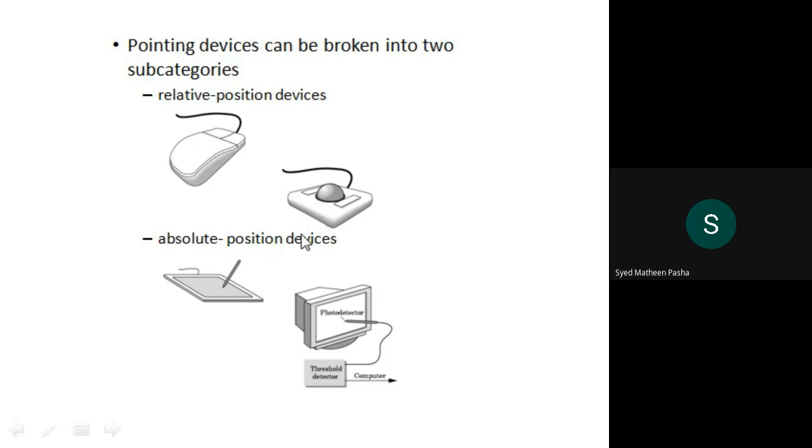This joystick is basically used in video games. If you have video games, you can check out, you have some buttons with the help of which you can change the position in the game or of the user who is playing that game. If you are playing a racing game, you can give the directions with respect to that game. So there comes the joystick. That is one example of relative position devices. Then absolute position devices.